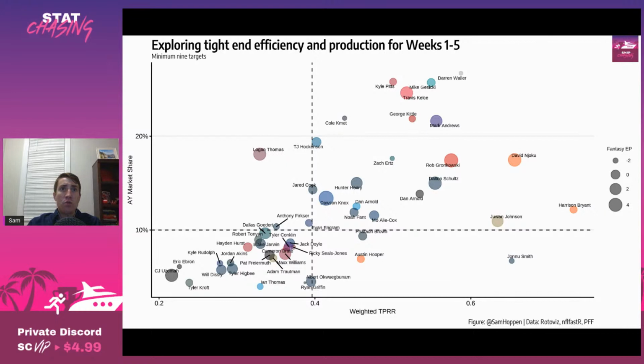He's got a 24% air yard share, a 23% target share on the season, both extremely good for a tight end, especially in an offense, unlike the Saints, that is passing the ball. 0.67 racr, also quite good. And he's only found the end zone twice this season, which is not great, but he has at least 4 receptions and 50 receiving yards in every game except this past week, which may be where some of the overreaction is coming from.